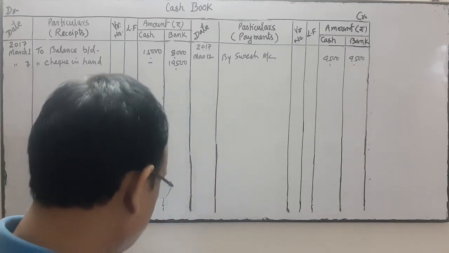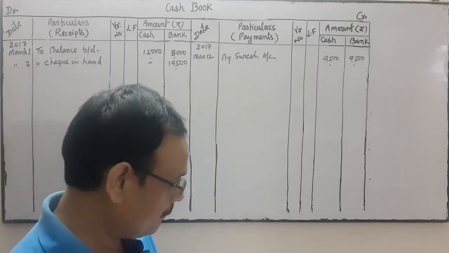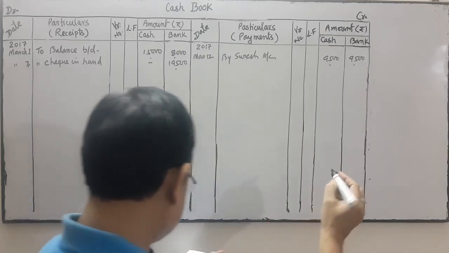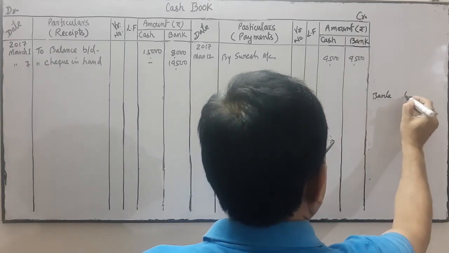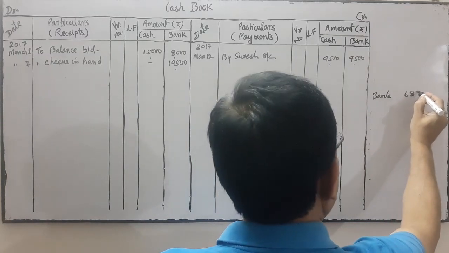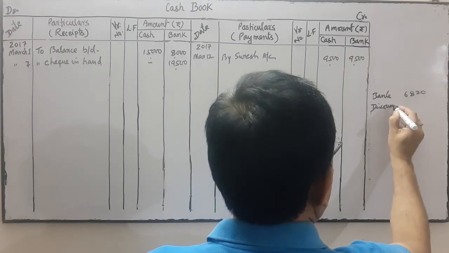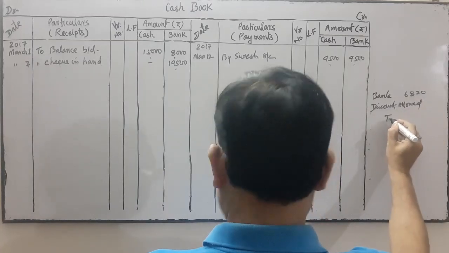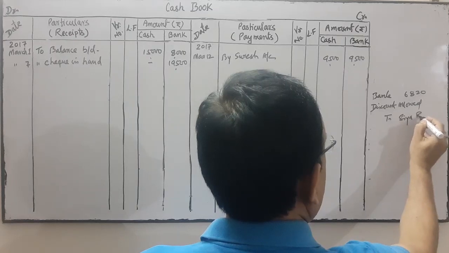Received a bank draft for rupees 6,820 from Siaram in full settlement of 7,000 due from him, sent the draft to bank. So on the same day the bank draft is sent to bank. So bank account debit 6,820, discount allowed account debit, to Siaram. We have received this check from Siaram